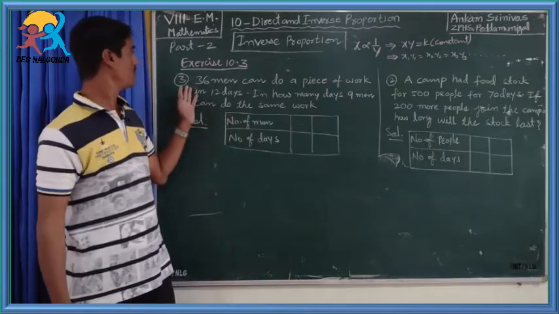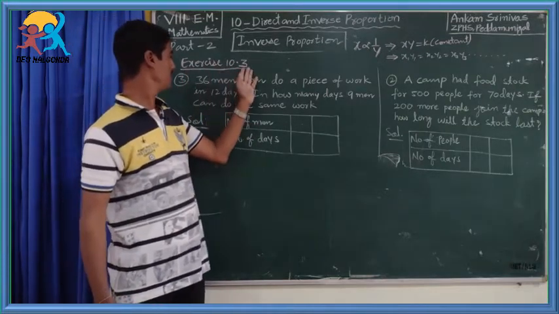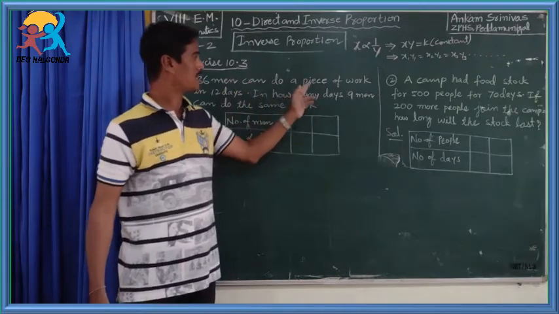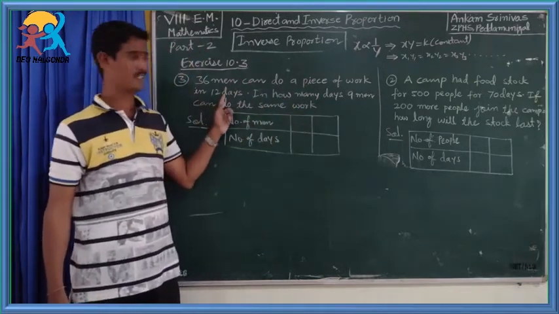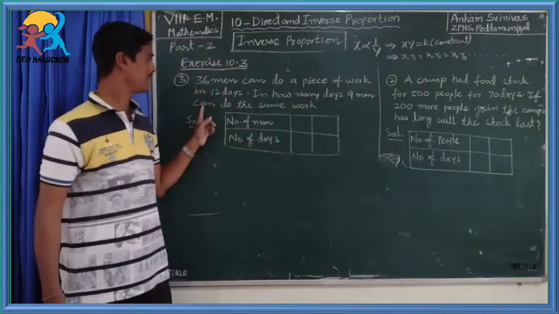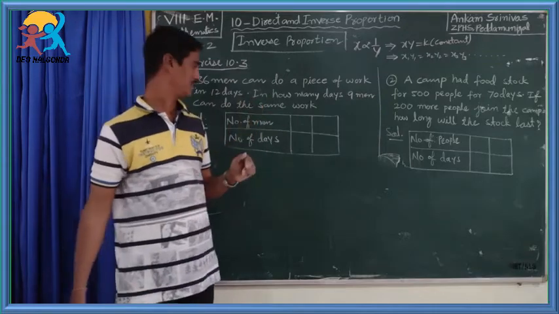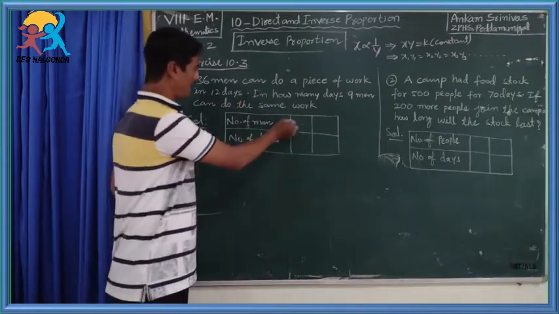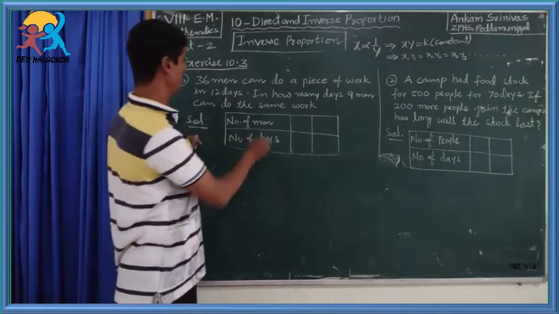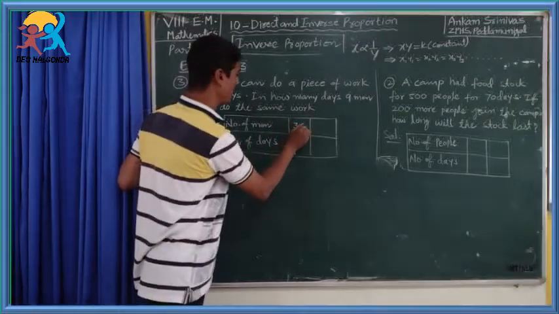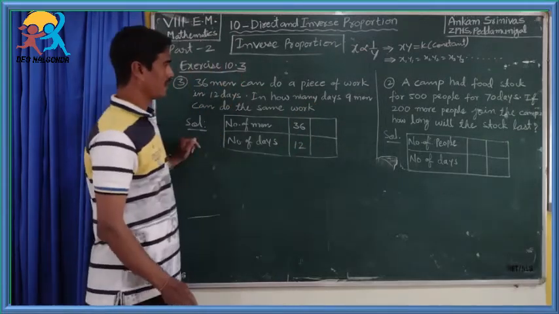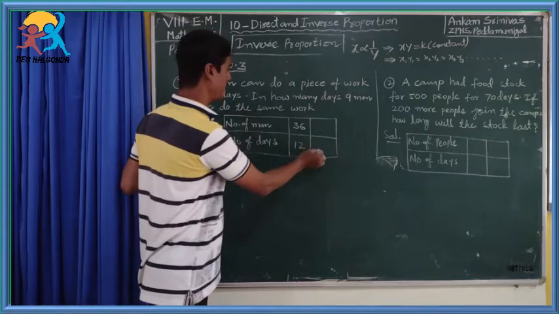Now discuss some more problems in exercise 10.3. Third question: 36 men can do a piece of work in 12 days. In how many days can 9 men do the same work? Let's list out the given information in this table. First, 36 men can complete the work in 12 days. How many days will it take